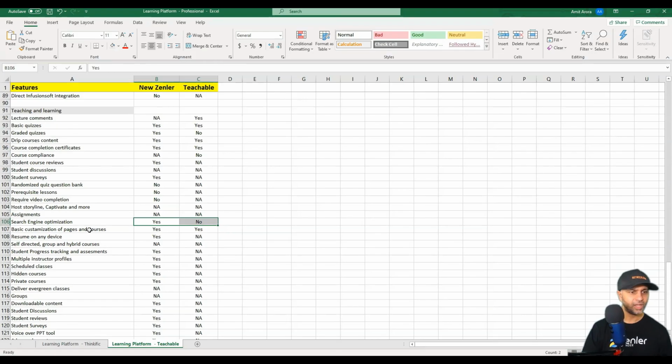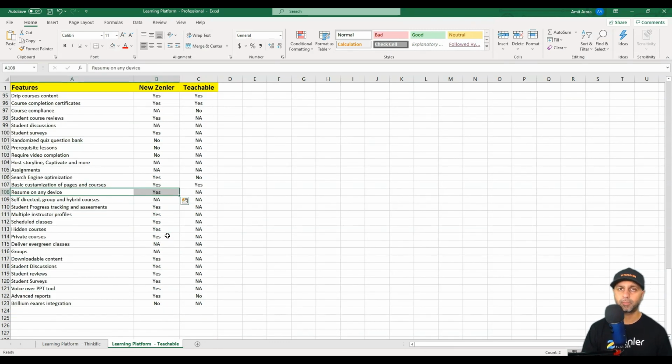That's pretty powerful. And then you also have resume on any device. That's pretty big because our students or even us, we are using our services across platforms. I might start a search on my mobile, but I might finish that purchase on my desktop or vice versa, and it allows you to resume on any device for your students, which is going to be really beneficial to your students. There's also student progress tracking, multiple instructor profiles, we covered this, scheduled classes, hidden courses, private courses, downloadable content,